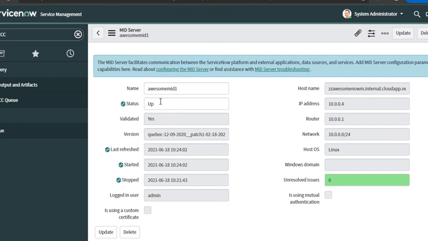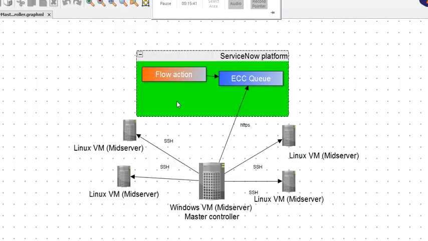The whole solution. Right? We'll do a quick recap. So again, the scope of the solution is we want to use a Windows VM which has a mid server running on it as a master controller, which will have the ability to restart the mid server on any of the Linux VMs. So we are trying to keep the script, the PowerShell script, dynamic by passing two parameters. One is the username that has to be used to log into the Linux VM, and then the host name of the Linux VM. So the PowerShell script makes the SSH connection to the Linux VM, and it does the work of triggering a script which is running on the Linux VM, which does the restart of the